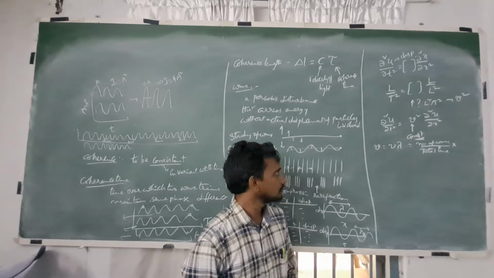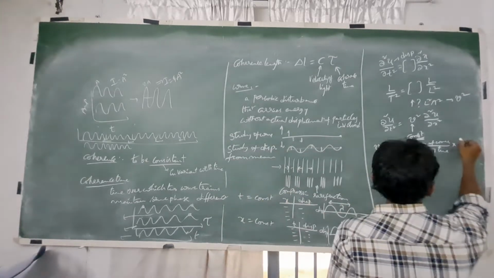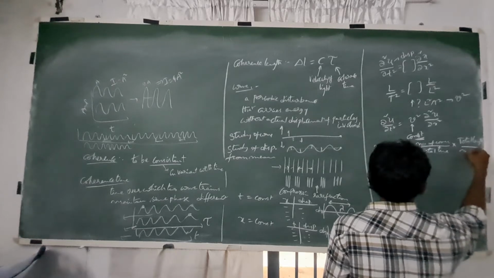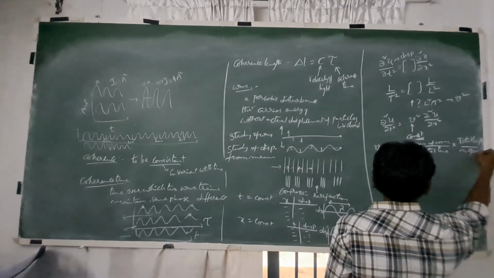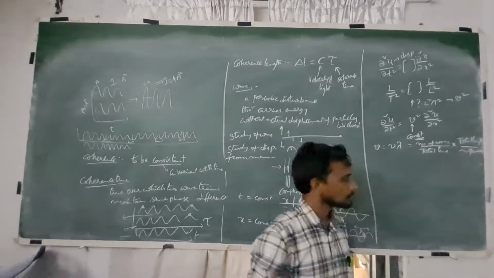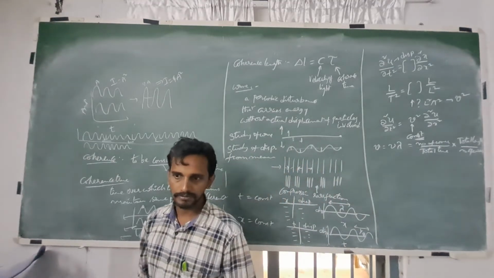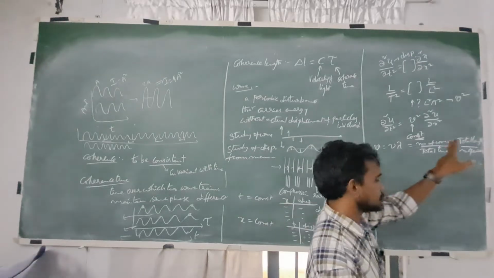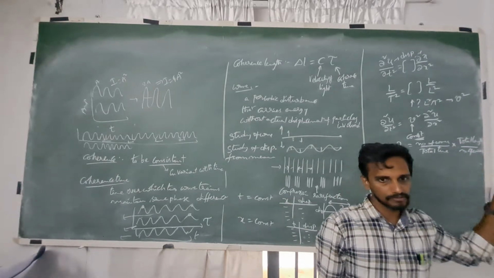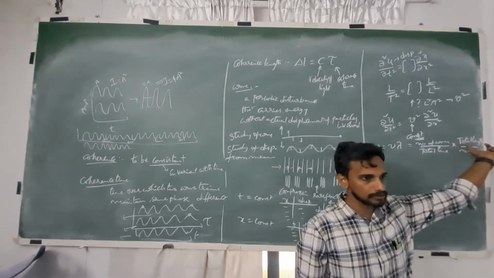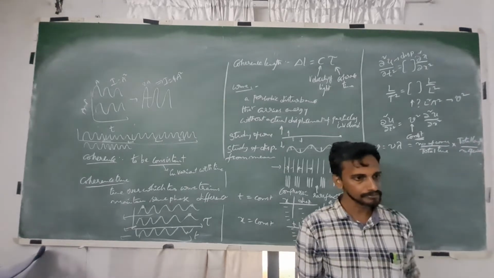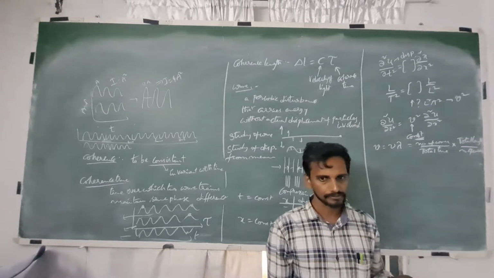So on the denominator you get total length by number of waves. To get the wavelength you have to calculate the length of a single wave. So calculate the total length of 10 or 15 waves and divide it by the number of waves. You get the length of a single wave.